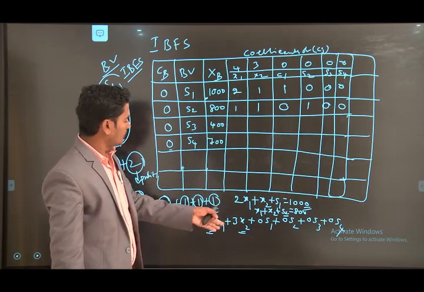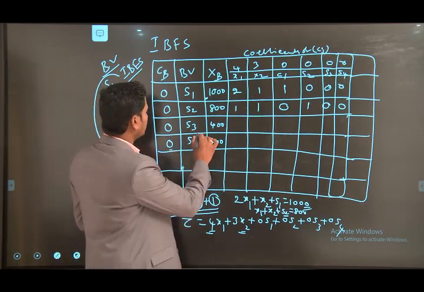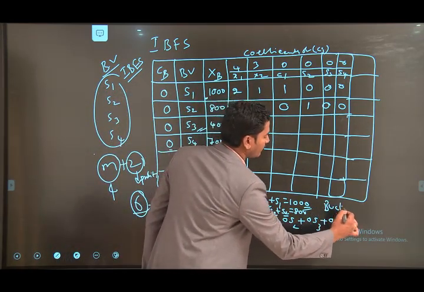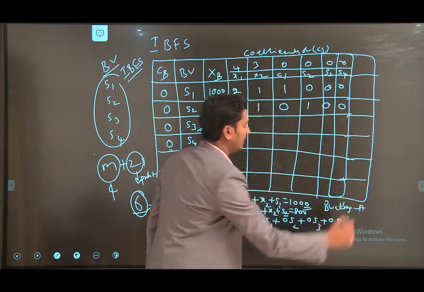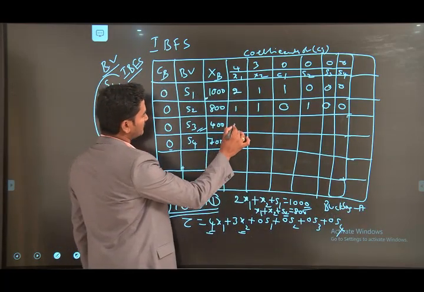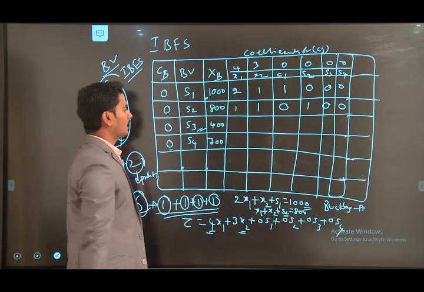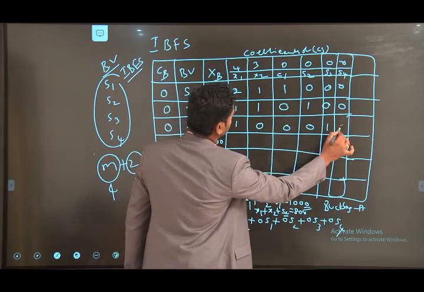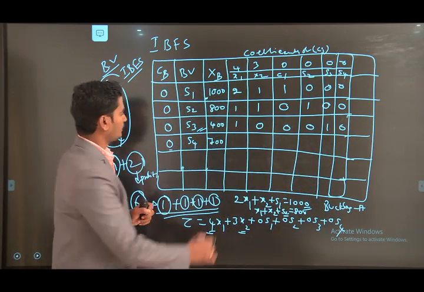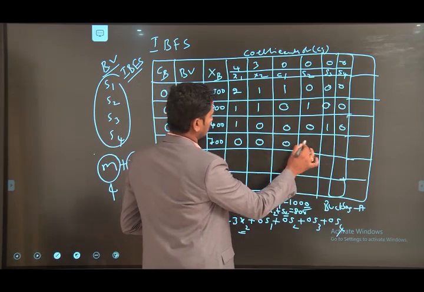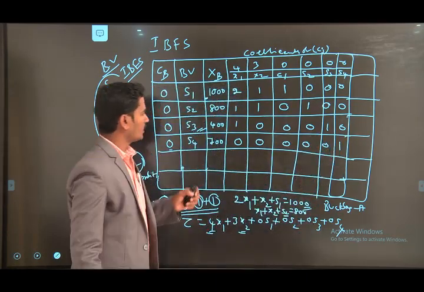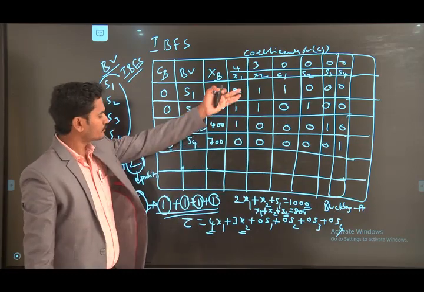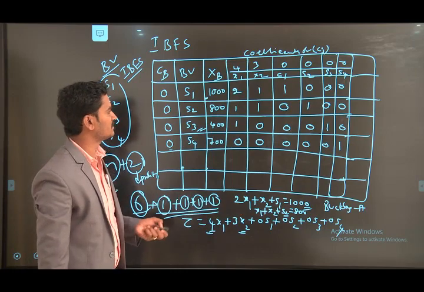Next, 400 belongs to the third constraint. It means buckles of A type belt. Here, only buckles of A type, which means x1 belongs to type A belt. So simply we take 1 0 0 0 1 0. And similarly we come to the S4. Here also 0 0 0 0 0 1. These are the coefficient values of the constraints or variables.